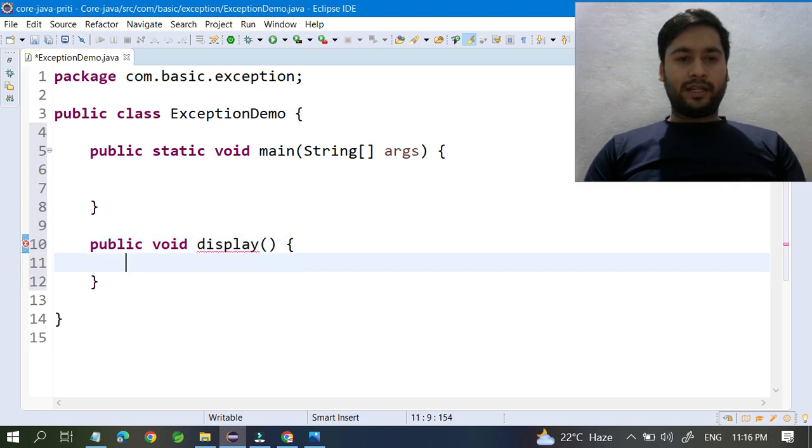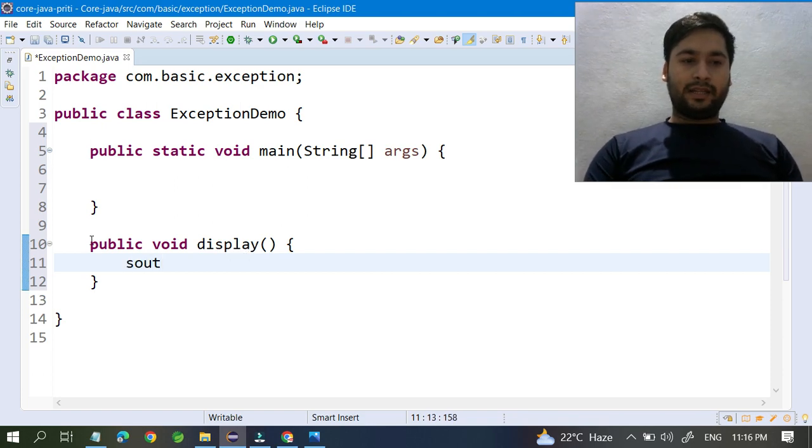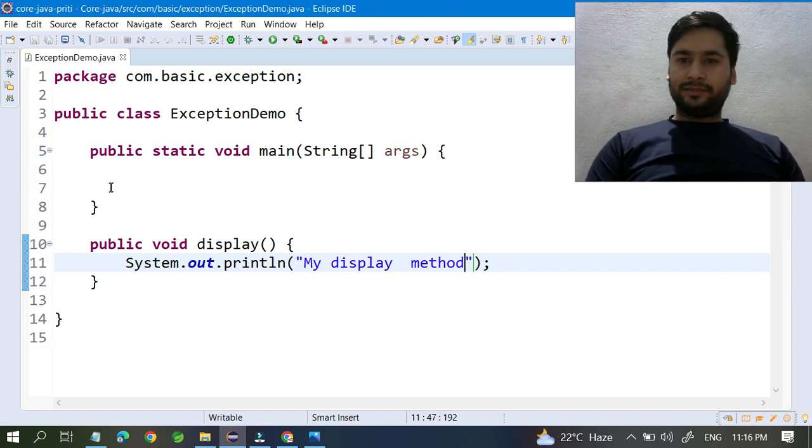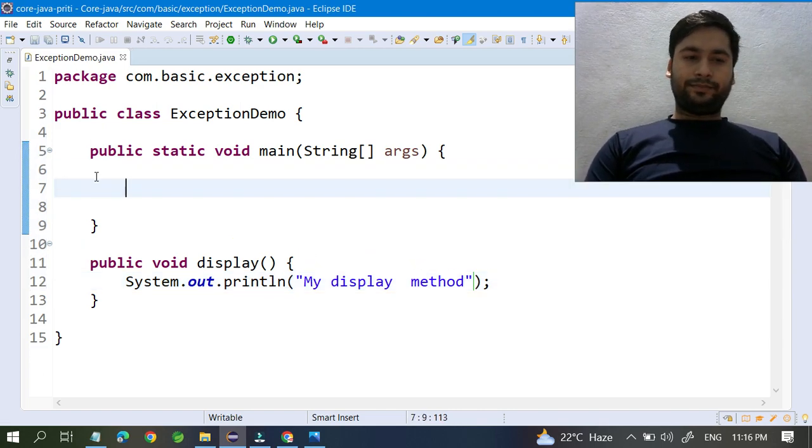Display is the method name. I will simply write System.out, "my display method". It's a simple normal method I have created.